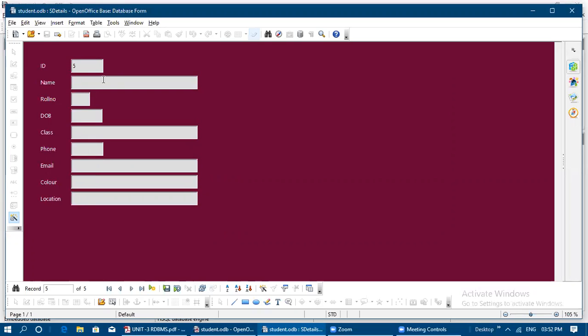Okay. Name you enter. And now roll number. Roll number, you give some roll number, and date of birth also you just give, because student details only, so here in the 10th standard 98 like that I'm giving. The class is 10, and phone number only 5 digits was given, so 5 let us give, 5 or 6. Okay. Email, email ID you also just enter any ID. Okay.